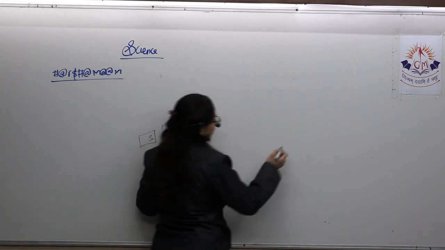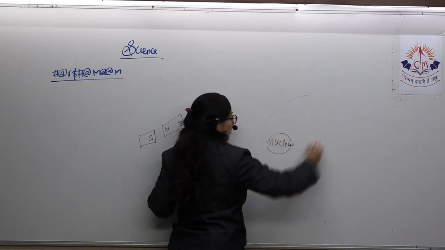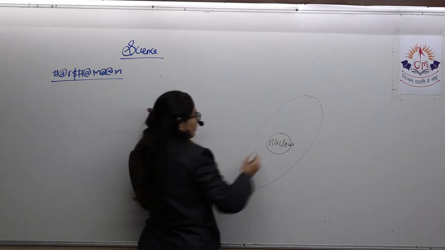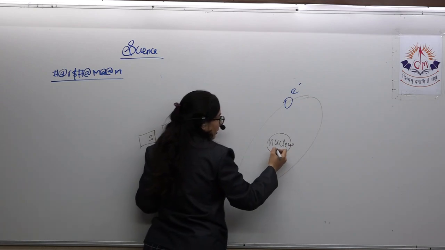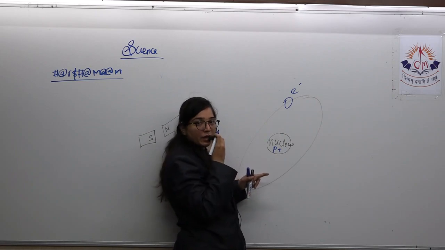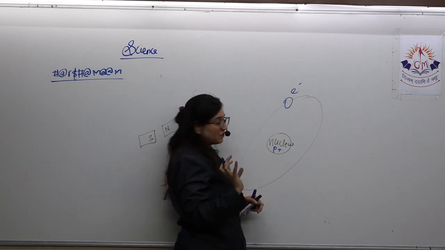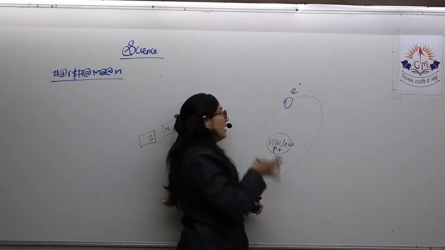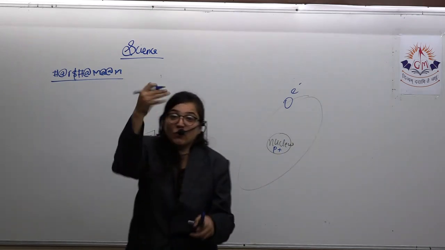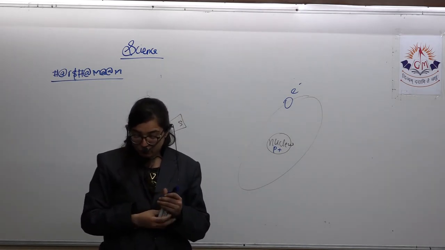I hope you remember we have already done electrostatic force, and we also had a talk about the nucleus of an atom. These are electrons. What does the nucleus contain? Positively charged protons and neutrons. Now these are two charged objects. This is positively and this is negatively charged. Because of some kind of attractive force between them, electrons are able to remain bound to the atom. They are not leaving the atom and going anywhere else, because of this attractive force.